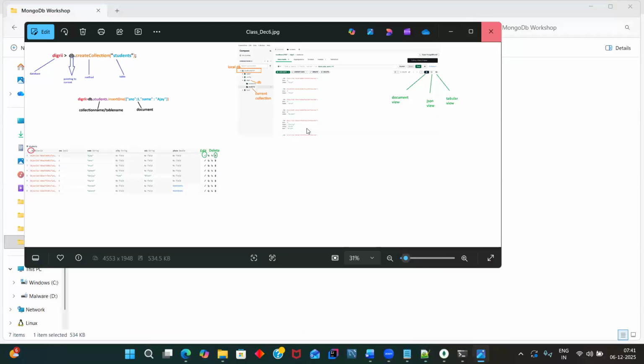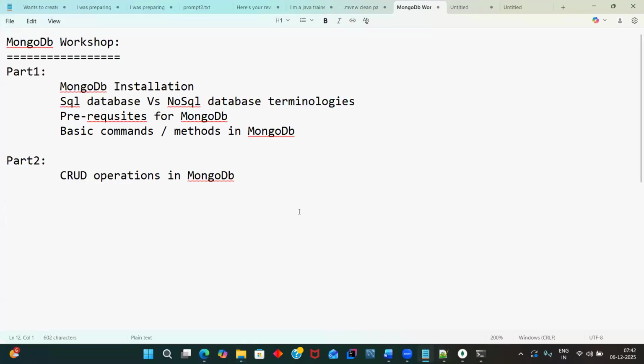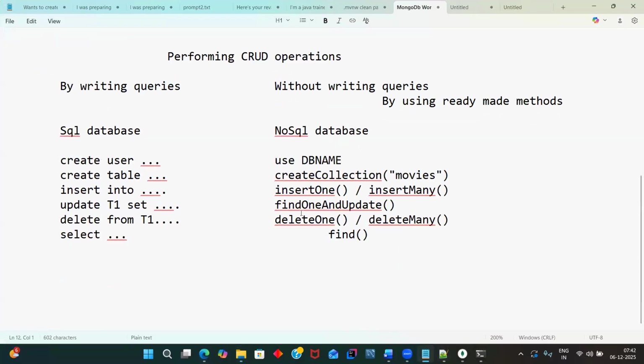Hmm, I think I lost that image. Okay, guys,